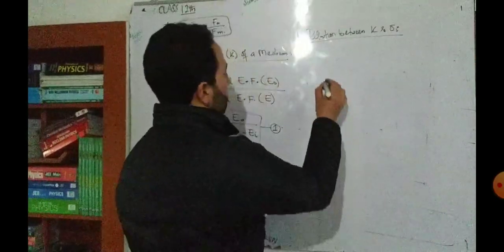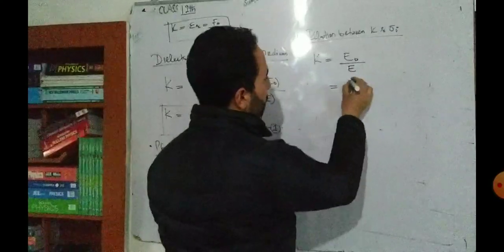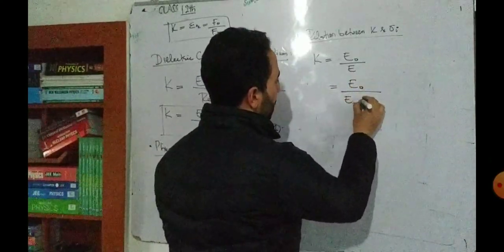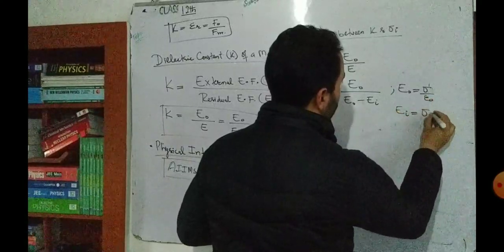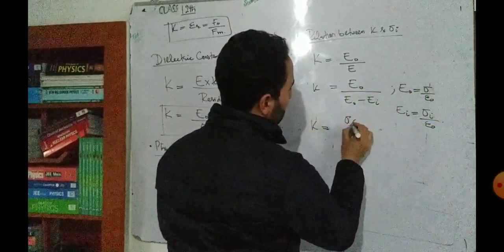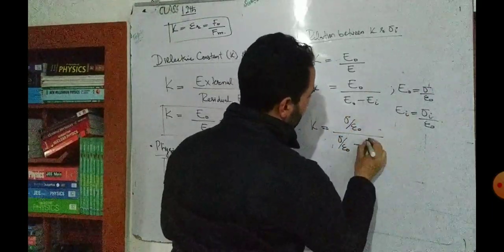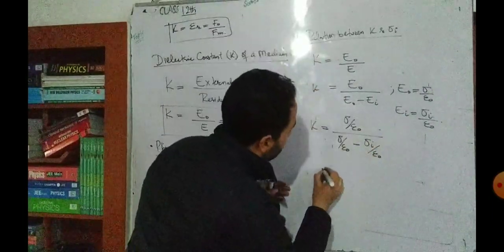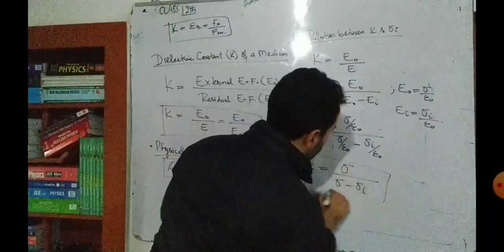So simple. We use this equation that is K is equal to external electric field divided by residual electric field. That's equal to E naught divided by E naught minus EI. So this is K. Simply this E naught is equal to sigma by epsilon 0. EI is equal to sigma I by epsilon 0, where sigma I is induced charge density on the dielectric. So K will be equal to, ध्यान रखो बेटा, E naught के बदले हम क्या लिखेंगे? Sigma by epsilon 0. अब इस EI के बदले क्या लिखेंगे? Sigma I divided by epsilon 0. Epsilon naught will cancel. Sigma divided by sigma minus sigma I. So this is K. Equation number second.